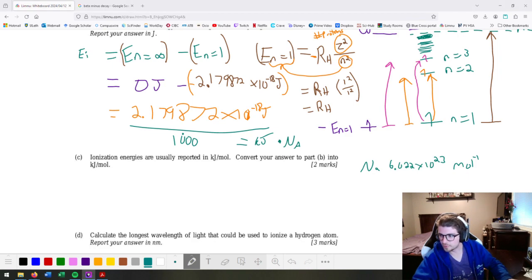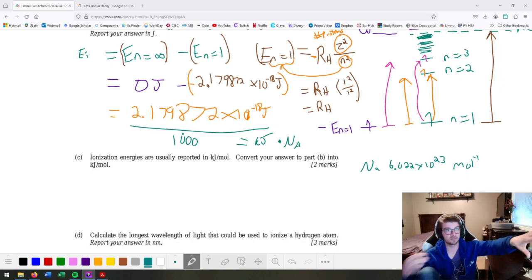So, cheesecake, why would it affect the ground state more? Is the ground state more unstable, or is it constant throughout? Okay, no, that's fine. I see what you're getting at. So it would affect the ground state more because almost all of the electrons are in the ground state at any given time, even when it's being bombarded by that radiation that excites it to the n equals 3 energy level. Almost all of the electrons are going to be in the ground state,